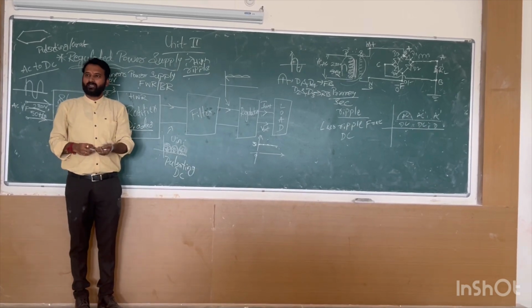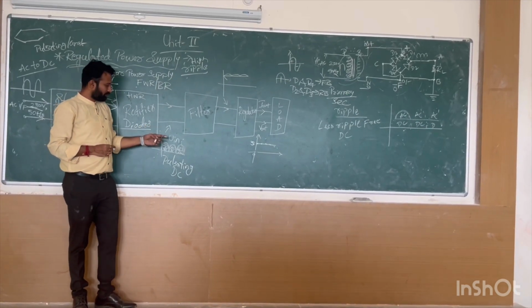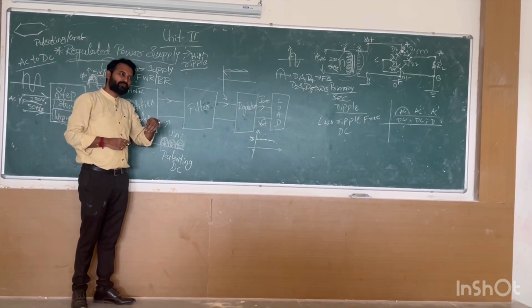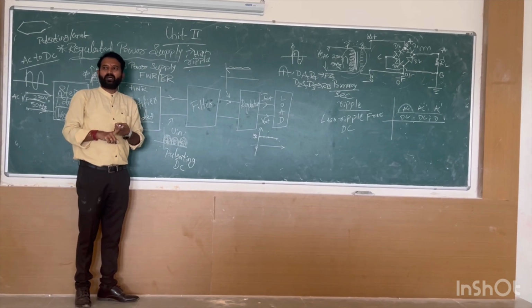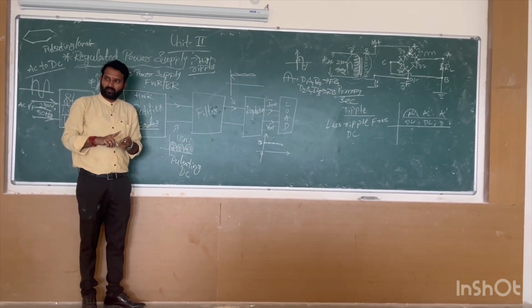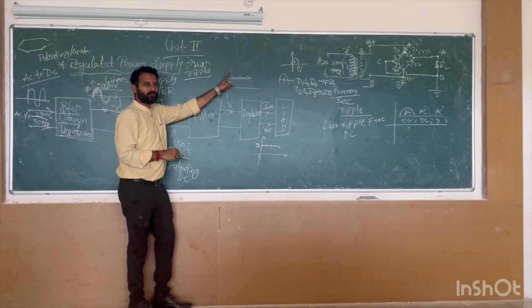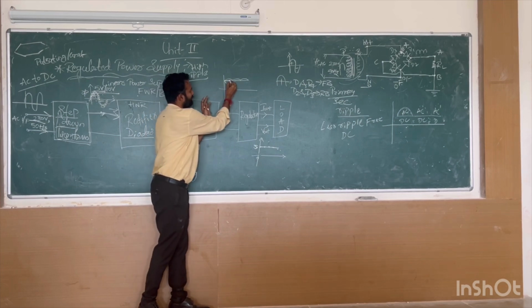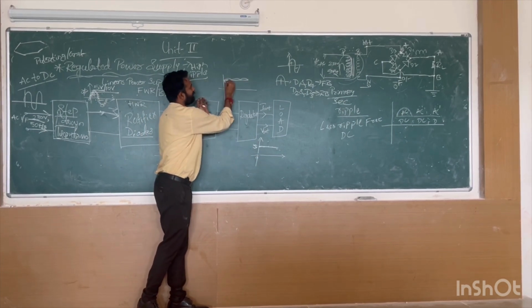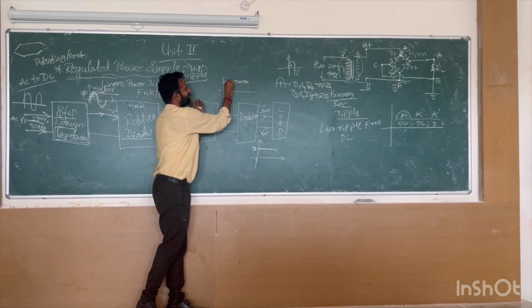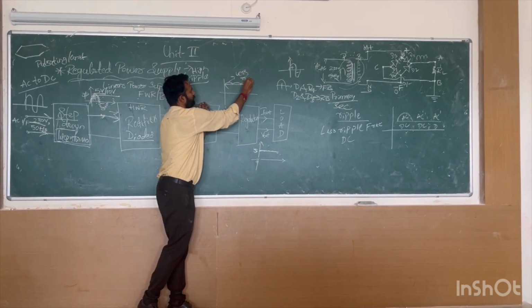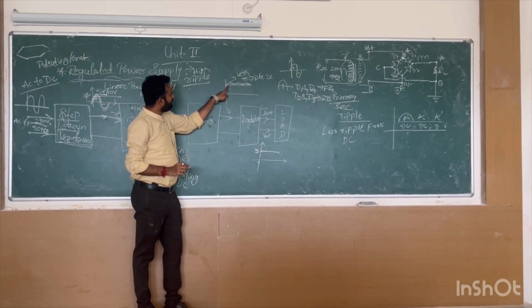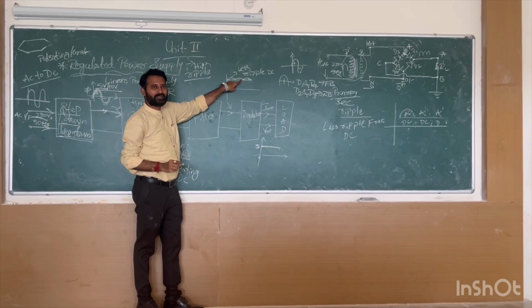Now the filter will do that. The filter is responsible for filtering or removing the AC component and producing a less ripple DC waveform. That's why I have drawn the diagram like this. Focus here, just listen here. What is this? DC. And whatever I have drawn, this is the less ripple DC waveform. This is nothing but ripple, that is the AC content.